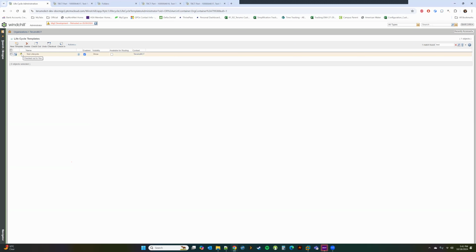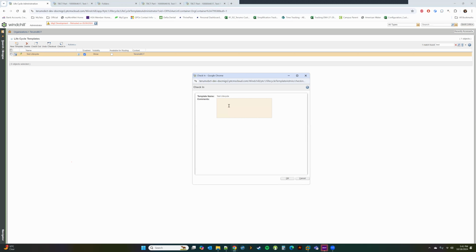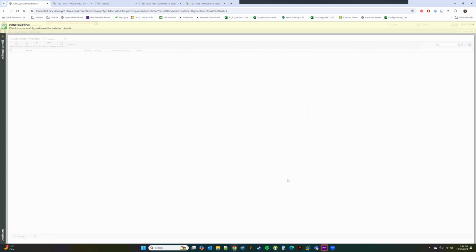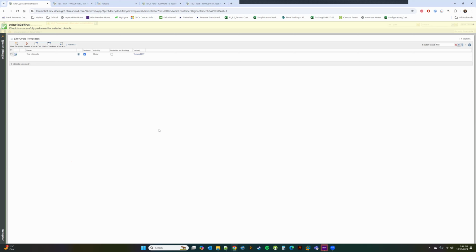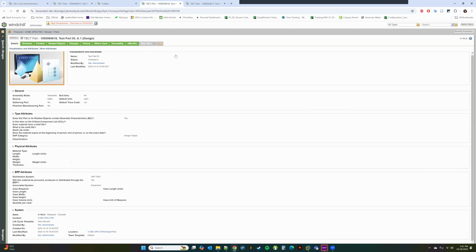So the yellow icon means it's checked out. Until I check in my change, it won't reflect. Okay, so now I have my change in place, and still this is referring to the old life cycle. But if I create a new part,